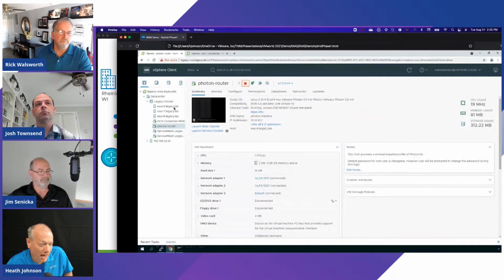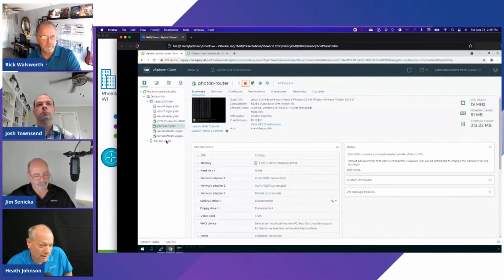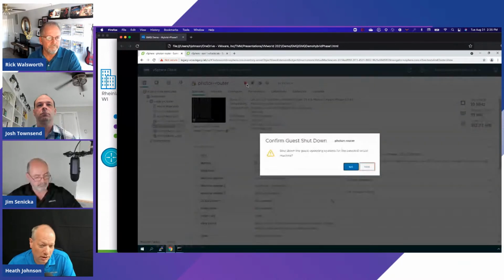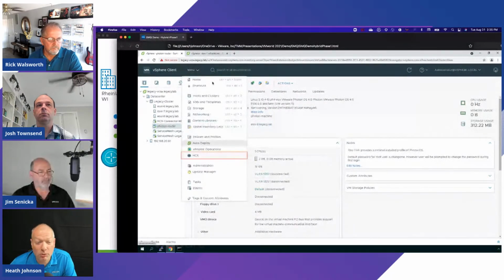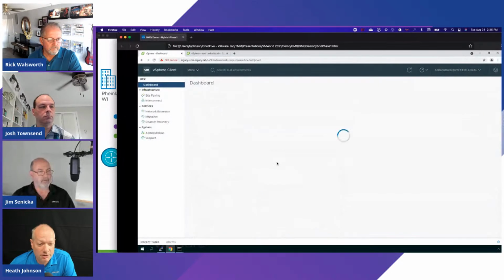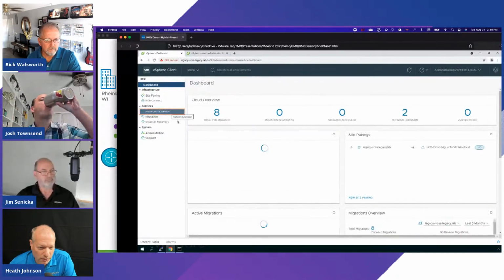So now that everything's evacuated out of our existing legacy vSphere environment, we're going to power off the router that routes the gateways for VLAN 1010 and VLAN 1020. So we'll shut this down. And because nothing's over here, it's not using that router anymore. We've enabled mobility optimized networking. And so we're actually going to see, now that this router's down, we'll jump over and we're going to unextend